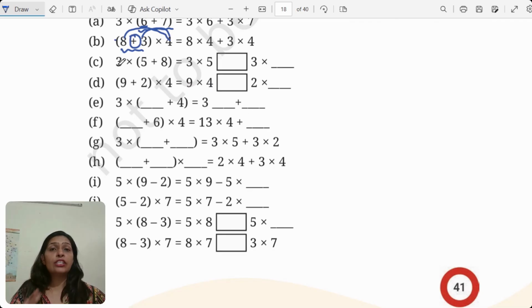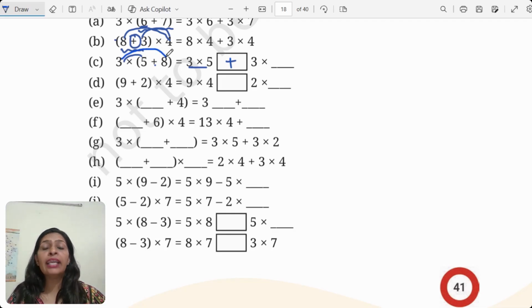So I always tell my students that whenever you're doing these questions, make sure you're making arrows. It's no problem, right? In the beginning stage, you can do it with the arrows, literally putting the arrow, and once you gain efficiency in the topic, you may skip that. So what I mean here is, it's 3 multiplied by 5 plus 8. So I'm going to multiply 3 into 5, which is already done for me. In between we have a plus sign, so I will write plus here, and then 3 is going to multiply by 8. Okay, so the blank is 8 here. Next, I have 9 plus 2 multiplied by 4, as we mentioned in the B part here.